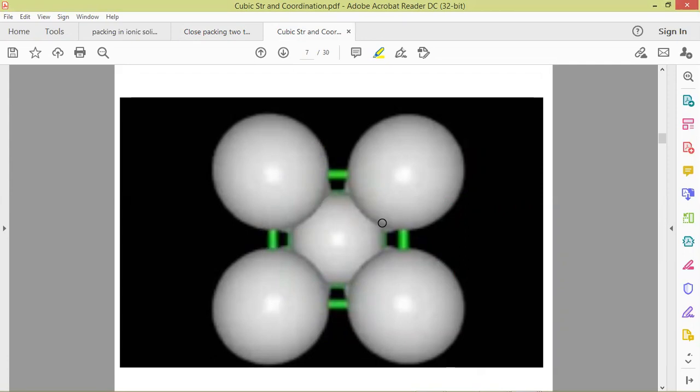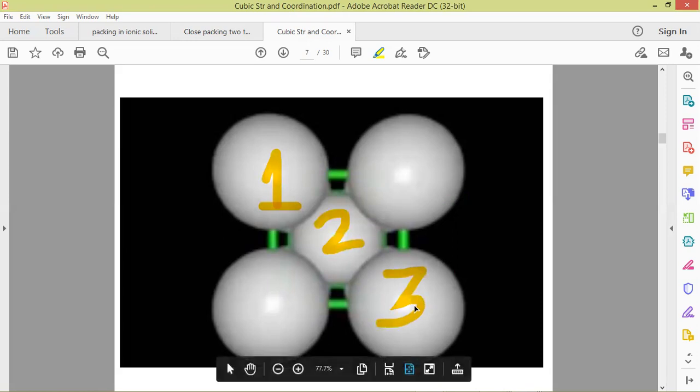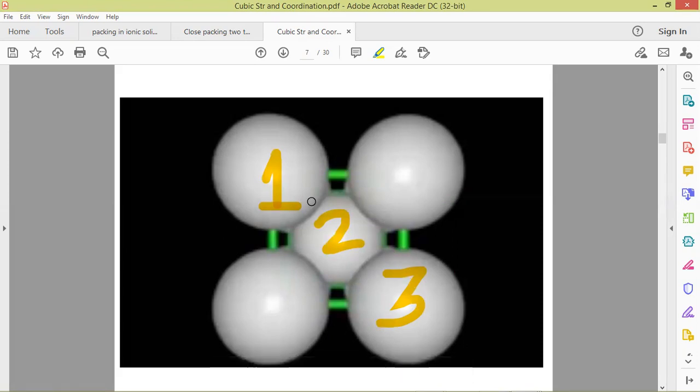If we go from one corner of the cube to the exactly opposite corner of the cube along the body diagonal, there are 3 spheres: 1 at one corner, 2 at the body center and 3 at the other opposite corner, exactly behind. The body diagonal will be given by the sphere which is present exactly behind this sphere.